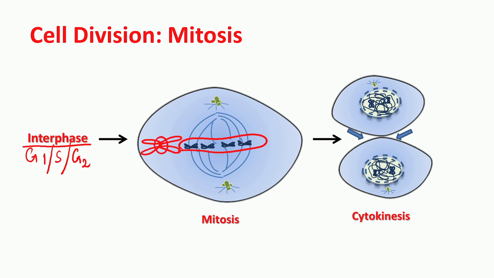Now, all these chromosomes during mitosis or cell division will align to the equatorial plate of the cell, and you observe here that the nuclear envelope has disappeared. The parent nuclear membrane has disappeared, and then there is a special structure formation taking place called the spindle